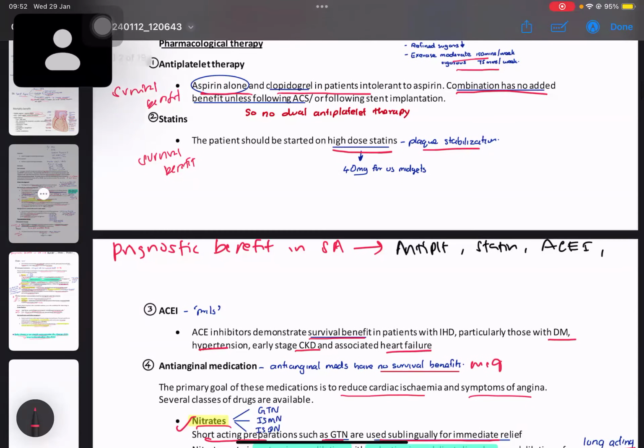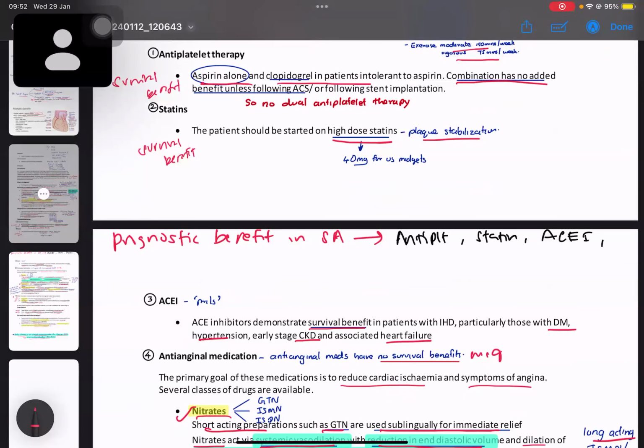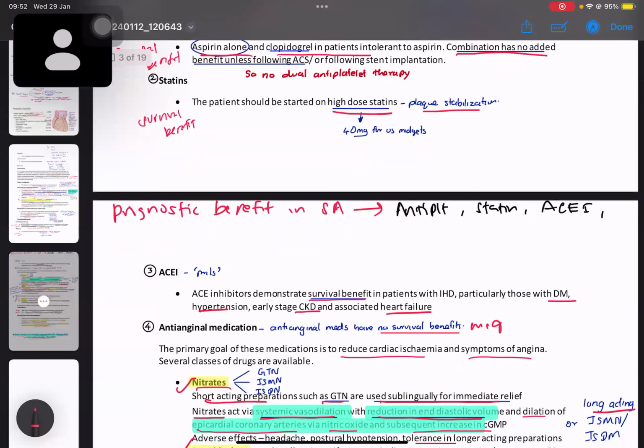We usually give high dose statin, 40 milligram. We give high dose statin, and this statin is given for plaque stabilization. There are atherosclerotic plaques, so for plaque stabilization. This statin also gives survival benefit. Then